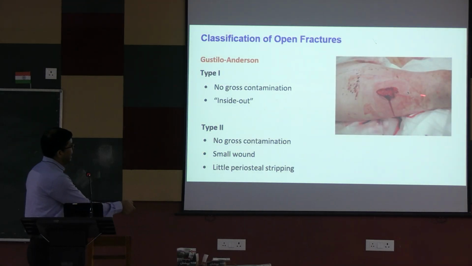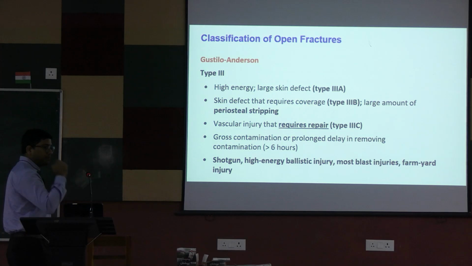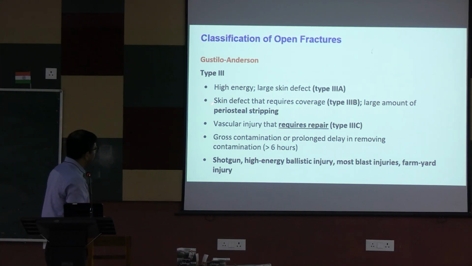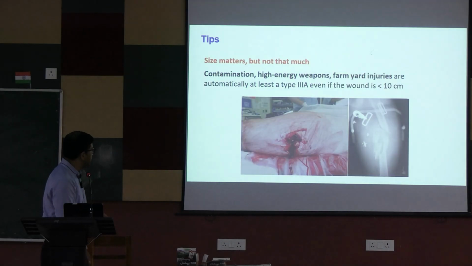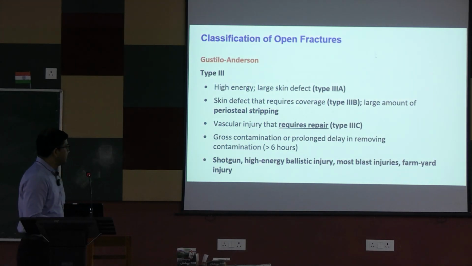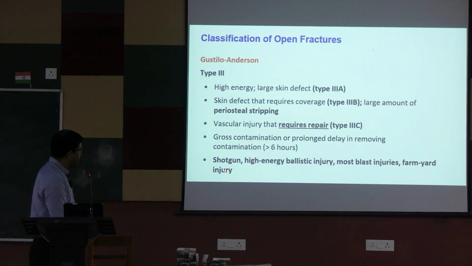So this size is more than 1 centimeter, so it goes into type 1 and type 2. And type 3, I am really focusing on type 3, it is always a high energy injury. Type 3A, if the skin defect requires coverage. I told before that a large amount of periosteal stripping means 3B, and if there is vascular injury, it goes to 3C. But this last line, 3A, if the size is less than 10 centimeter, but if it is a shotgun